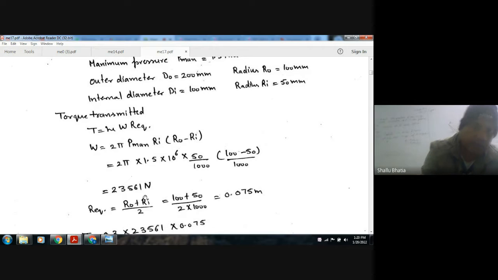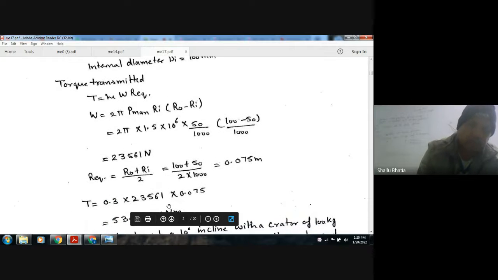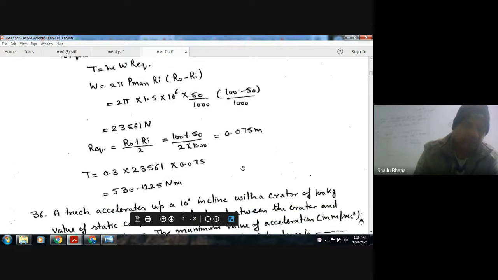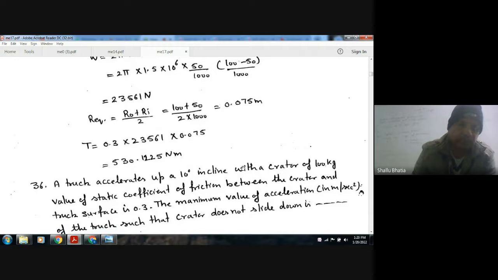And R equivalent in uniform wear theory is (R naught plus Ri) by 2. So it is 0.075. Putting the values, mu is 0.3. Putting the values, we can get torque, that is 530.1225 Newton meter. Okay. Next,